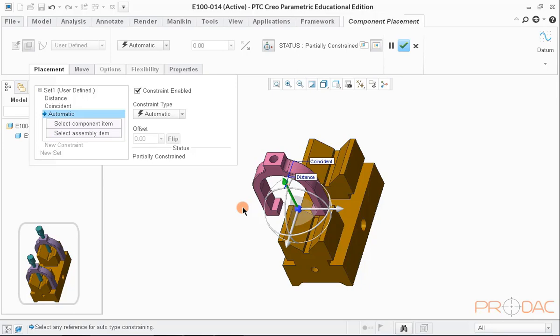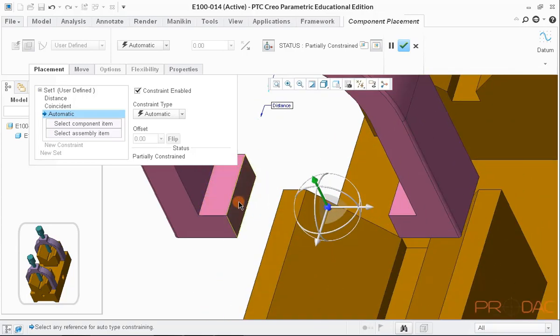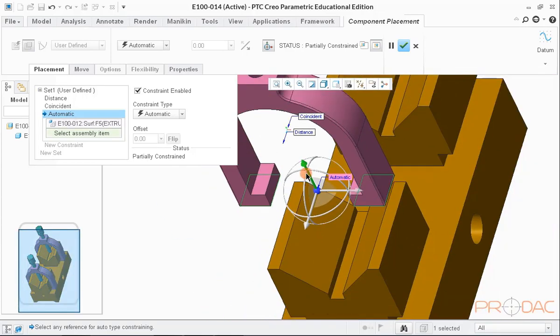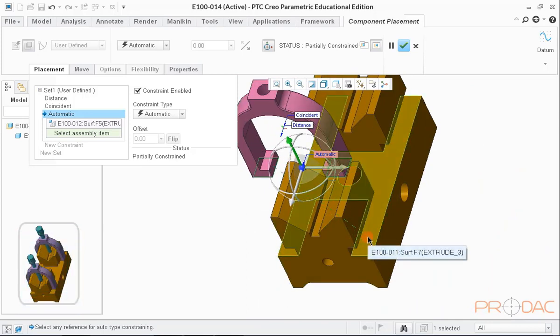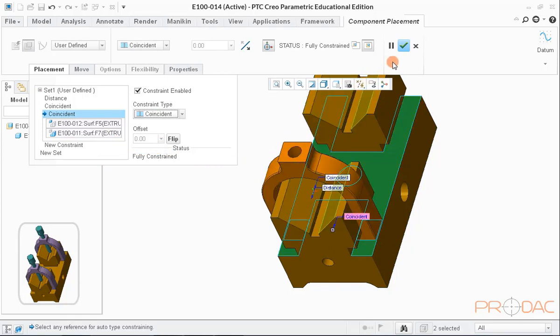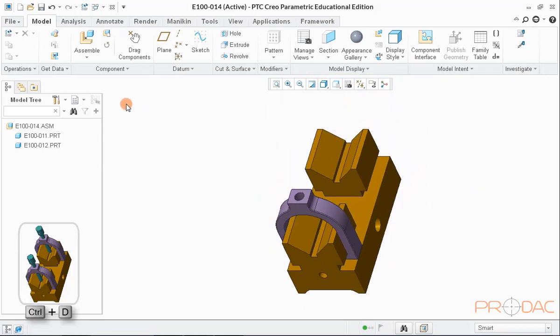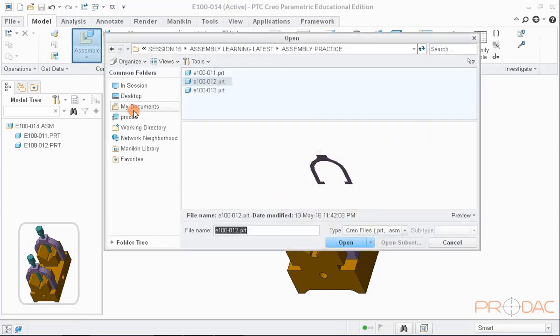In the new constraint, the bottom surface of L-shaped feature has to mate with the surface in assembly component. Refer assembly picture at the bottom left corner. Choose constraint type as coincident. Now component is fully constrained, so click on OK button to close this. Next, we have to assemble same part once again at the other end. So let us open it once again.